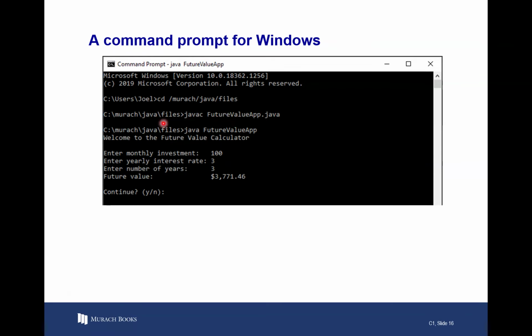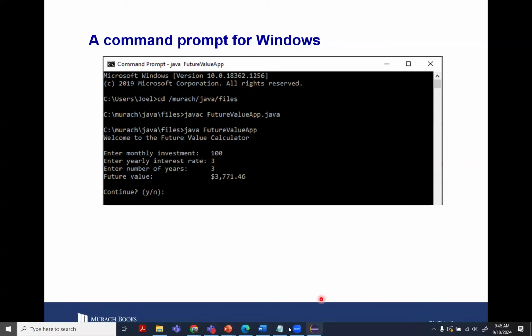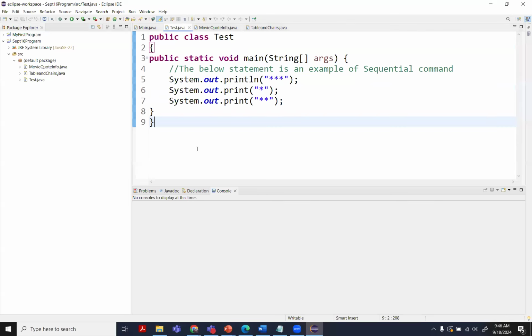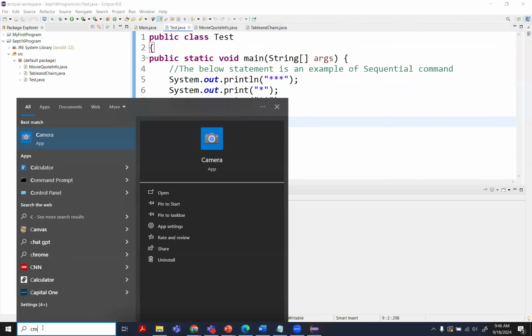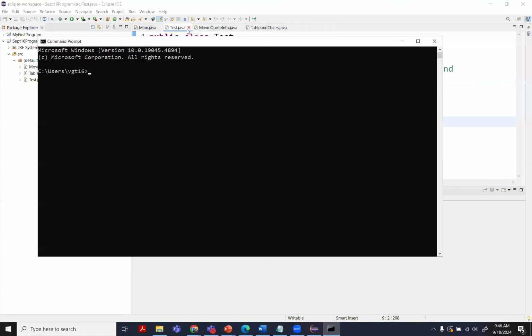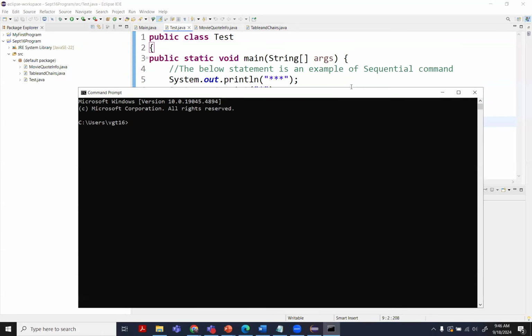So once you compile, if there is no error, you will get something like this, which will go to the next line, where you will run your code. In this case, you would be using just the simple command java followed by the file, which will be executed. When we are using a GUI, we need not go to the command prompt and do all of this. Once again, it depends upon your preference, but as modern computers are preferring more GUI based applications,